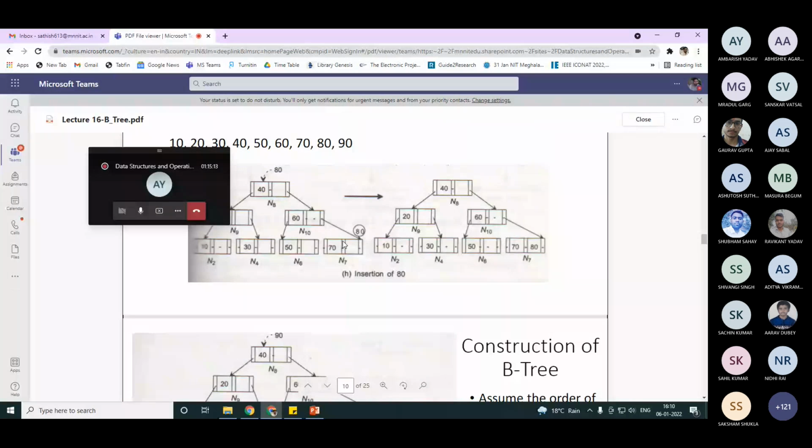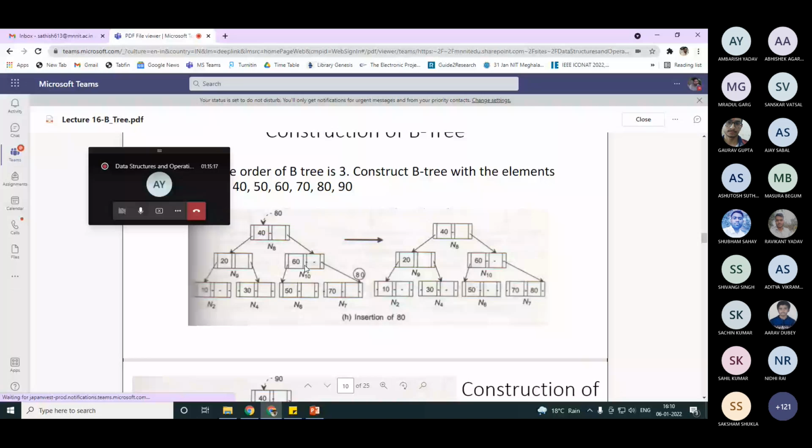See this example. Can 70 be inserted at the right child of 60? Yes, sir, it can be inserted. So that would have resulted in a different tree.